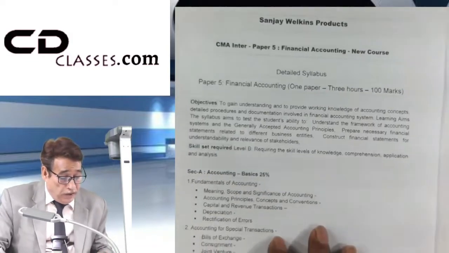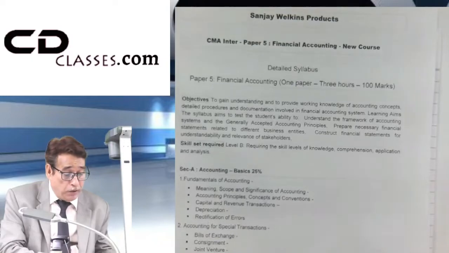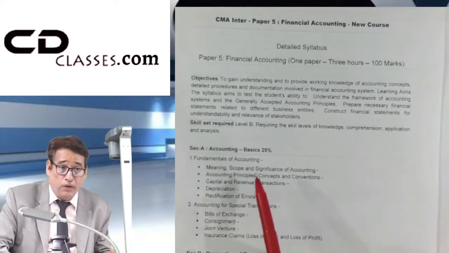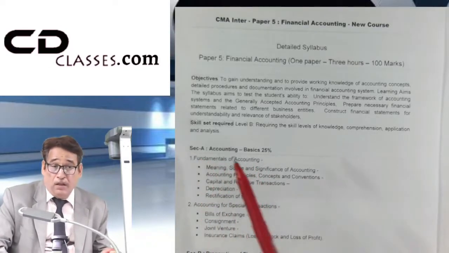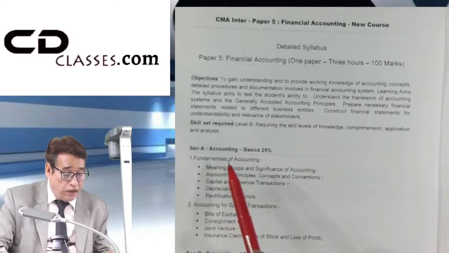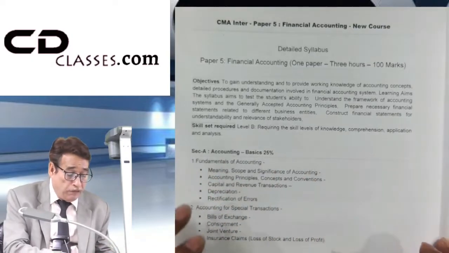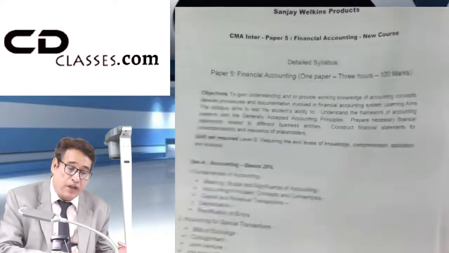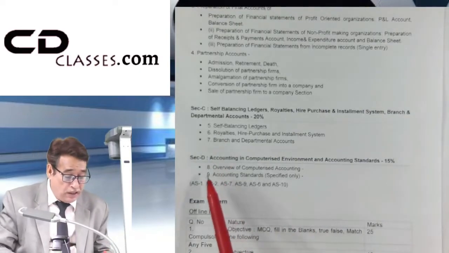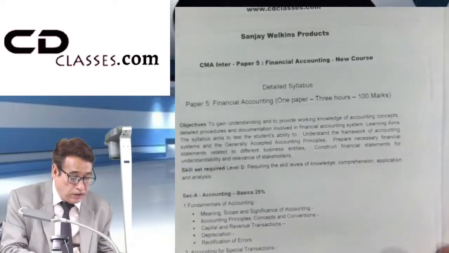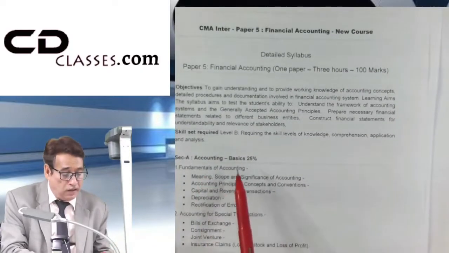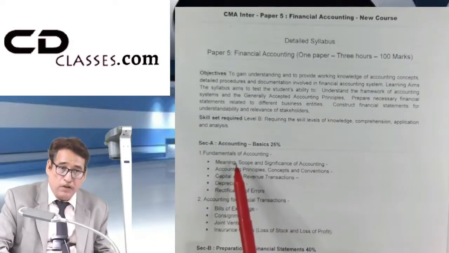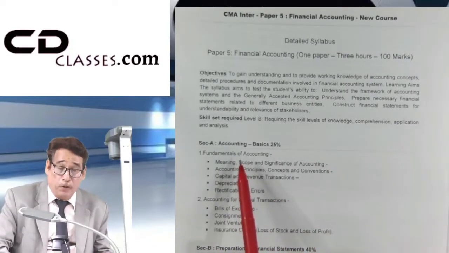So here we go. As far as this particular paper, financial accounting, is concerned, it's a pretty long paper, no doubt, and there are lots of topics you need to do in it. This entire paper is divided into different segments. For example, section A is the accounting basics, then section B is preparation of financial statements, then similarly section C and section D. Correct? So these are the four sections. Section A is allotted 25% marks, and under this particular unit, we are supposed to actually study: